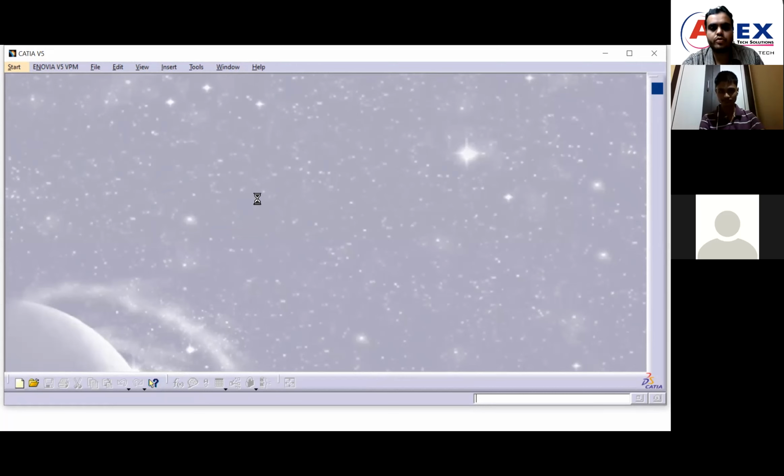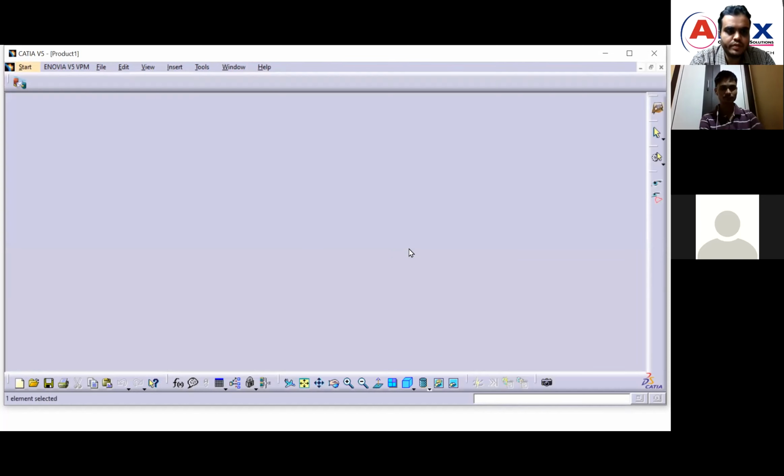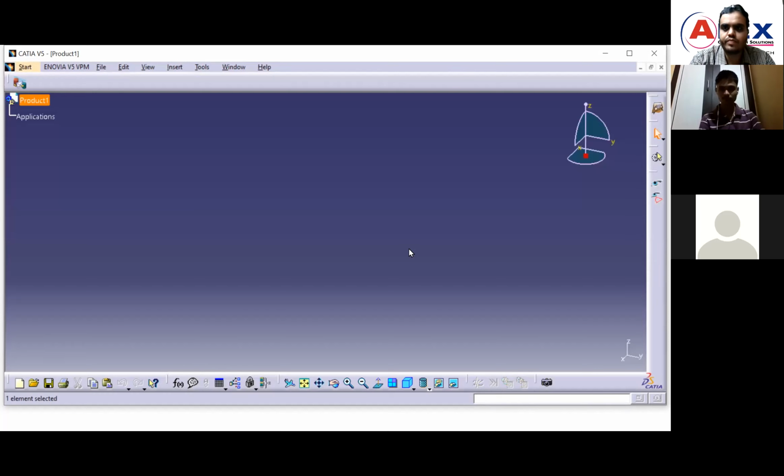Depending upon your processor speed, it will take time to open. See, it has been opened. Okay. Fine. So I will just minimize it.